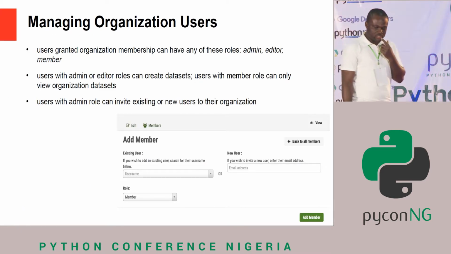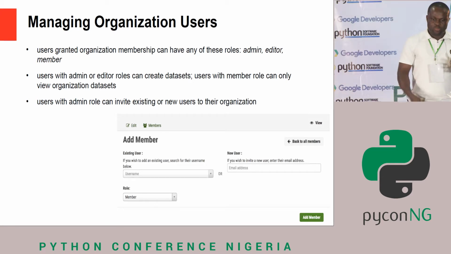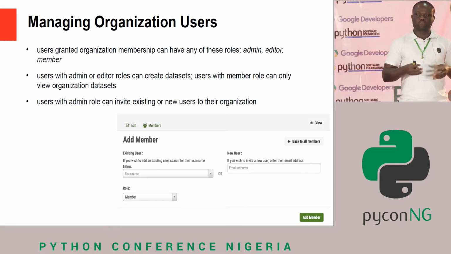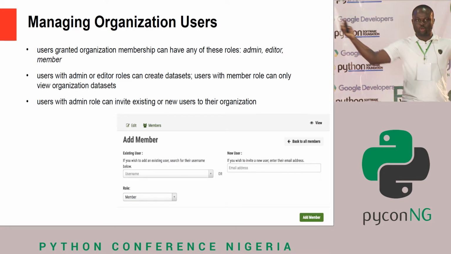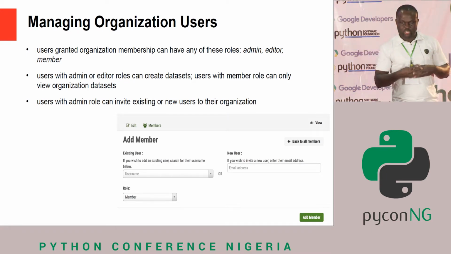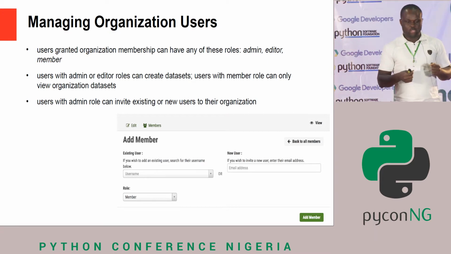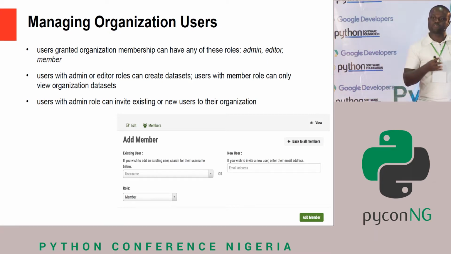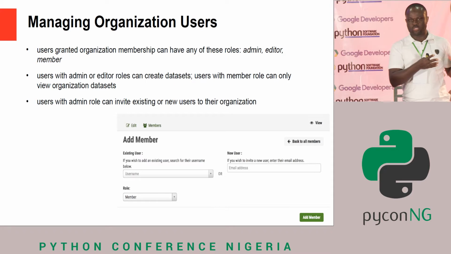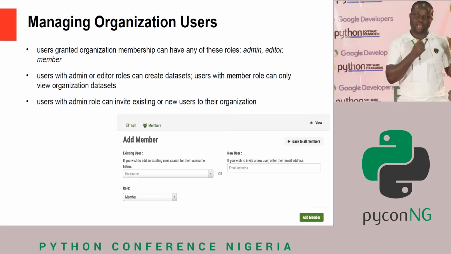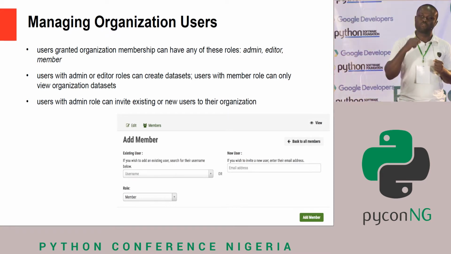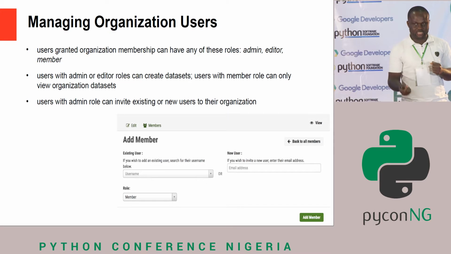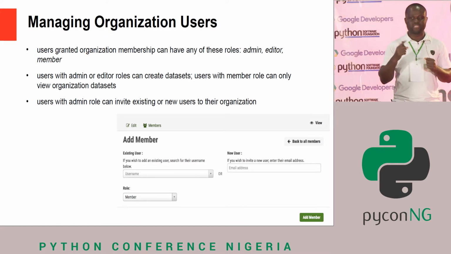Managing organizations. As I said, within organizations, you expect to have users, right? In the context of an open data portal, for instance, where several organizations are engaged and participating in publishing data for the public, you want every organization to be able to manage its users, right? So within organizations, users that are admin are able to invite other users into the portal so that they're able to edit data or see private datasets,